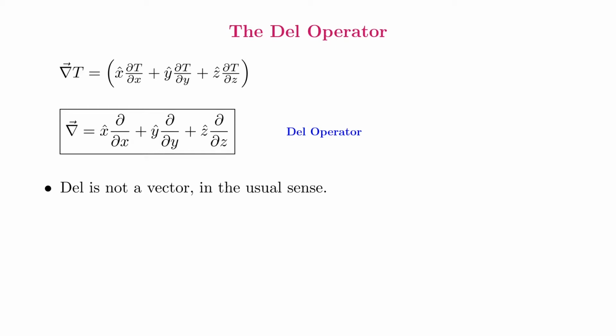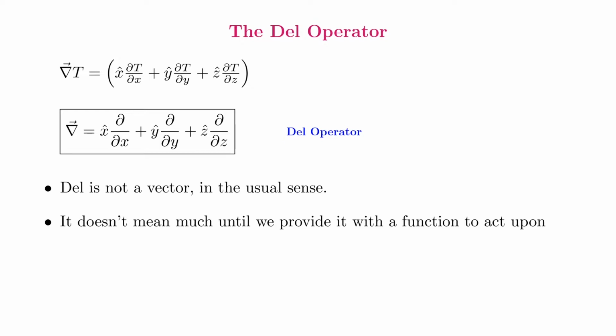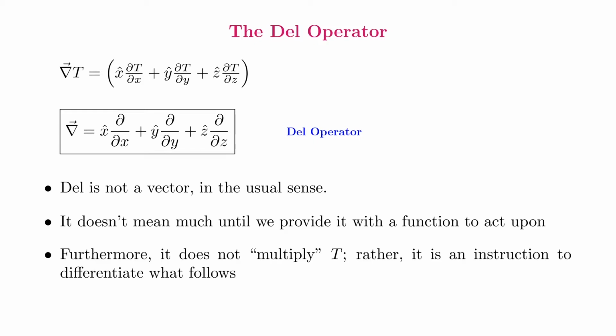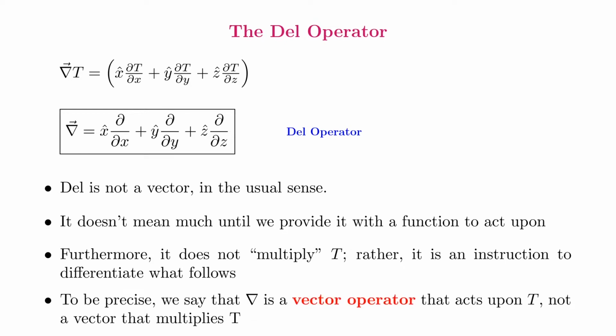Del is not a vector in the usual sense. It doesn't mean much until we provide it with a function to act upon. Furthermore, it does not multiply T, rather it is an instruction to differentiate what follows. To be precise, we say that del is a vector operator that acts upon T, not a vector that multiplies